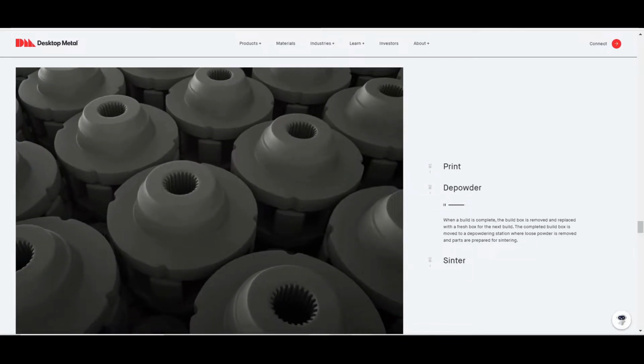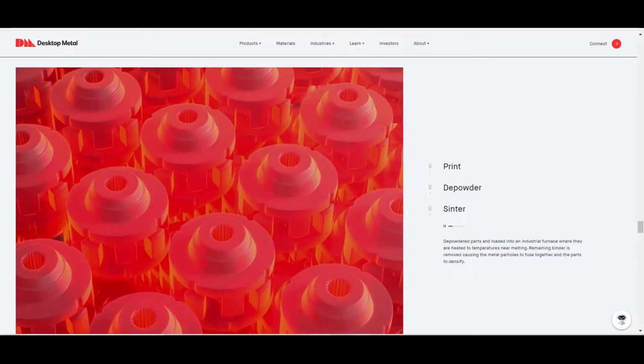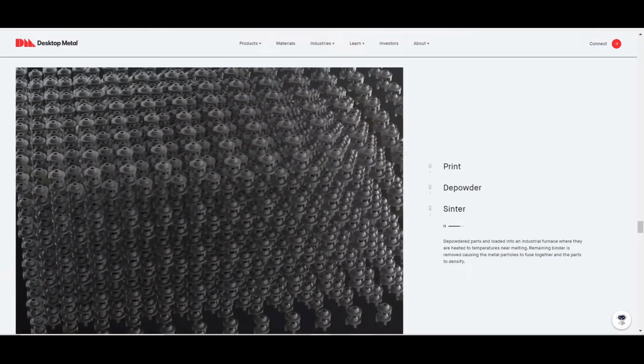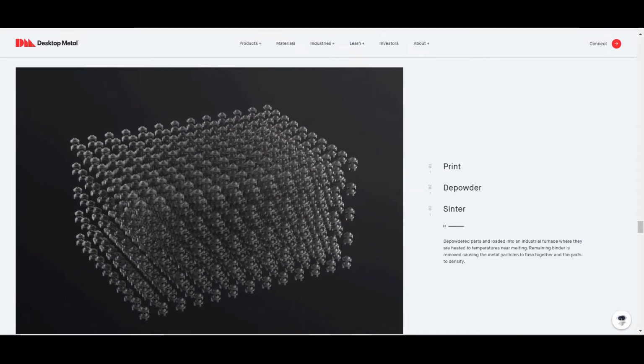Desktop Metal, DM. For those of you who have not heard of Desktop Metal, they are a leader in metal 3D printing. Metal 3D printing, or additive manufacturing as it's known, is at the cutting edge technologically and is a